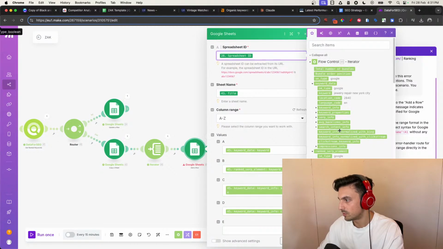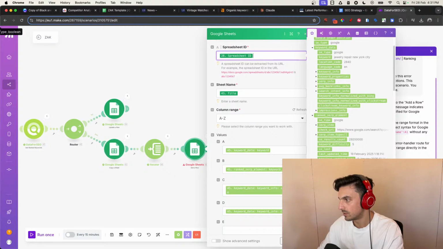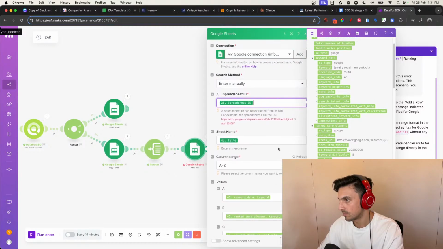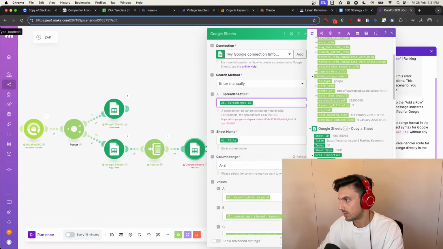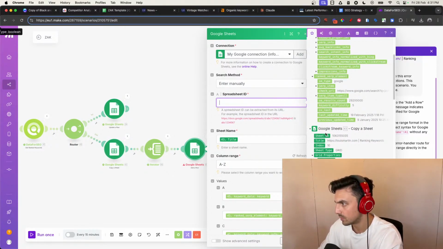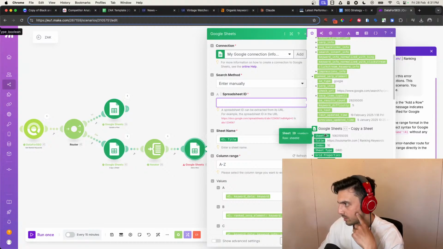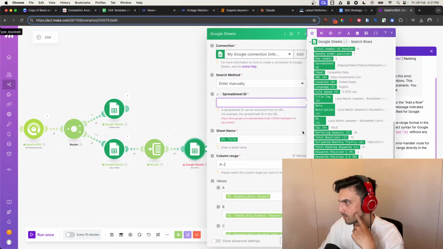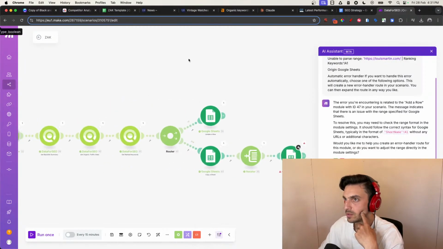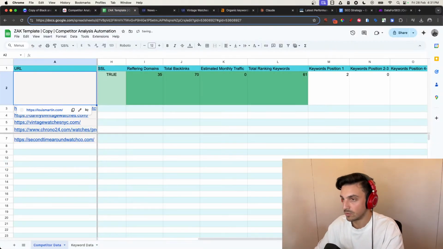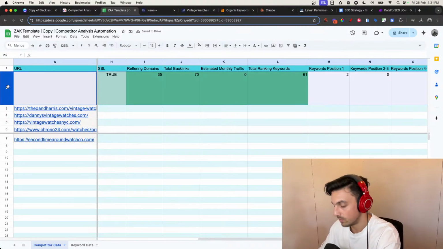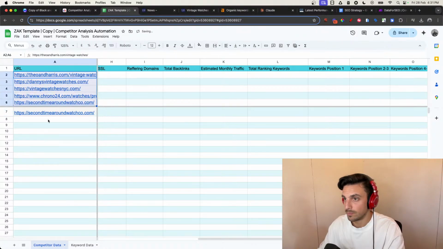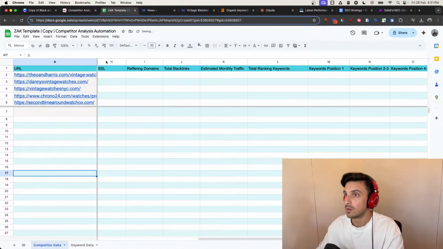I'm going to use the same spreadsheet ID, sheet ID. No, because there needs to be that spreadsheet. Well, let's try this. Maybe that's where it's going on here. Copy a sheet, sheet ID. That's a spreadsheet ID. I need this one here. You know what? Let's see if this is the actual problem. This guy here, and then we can do it individually. And maybe